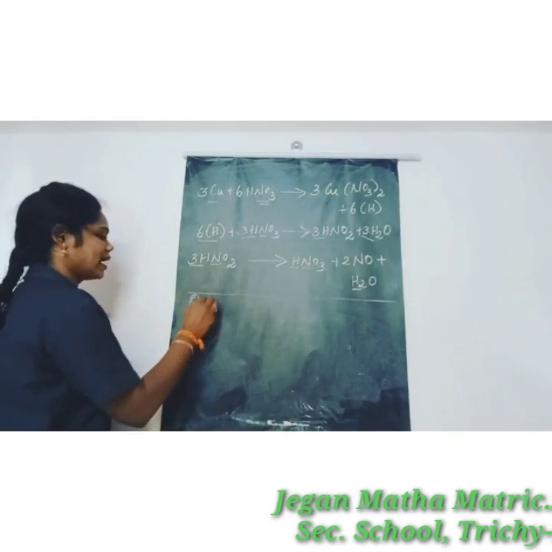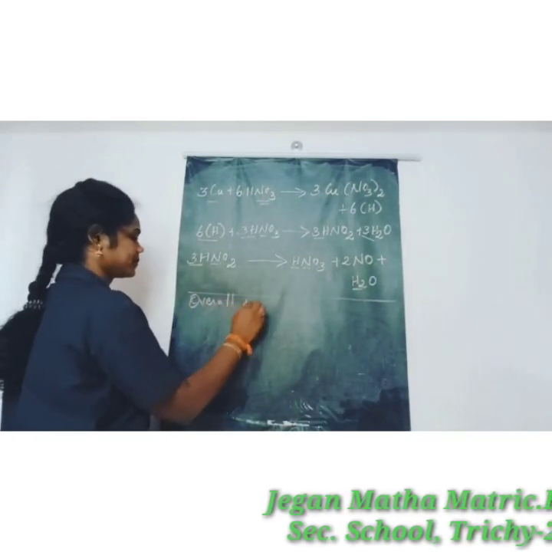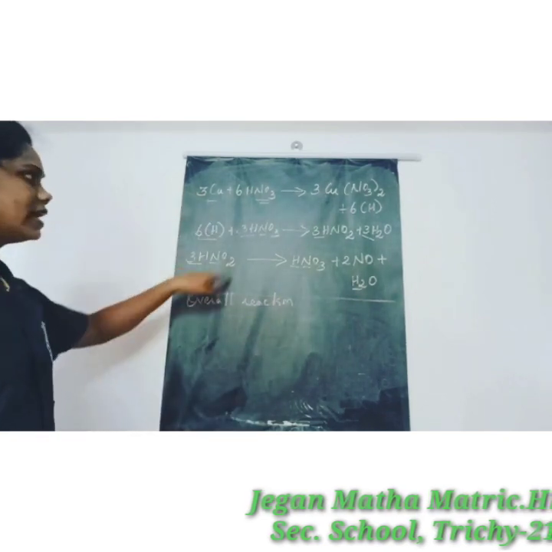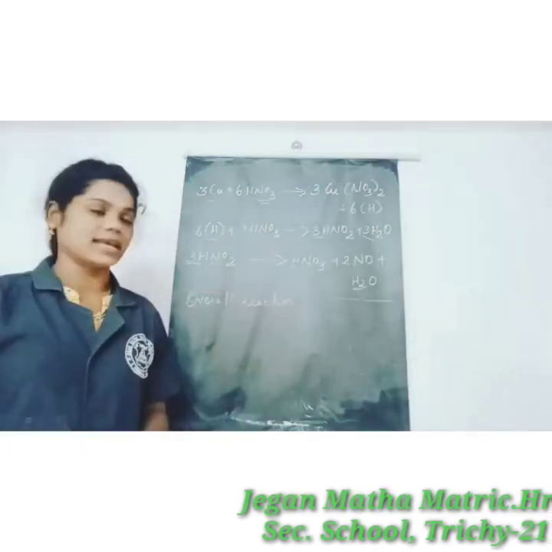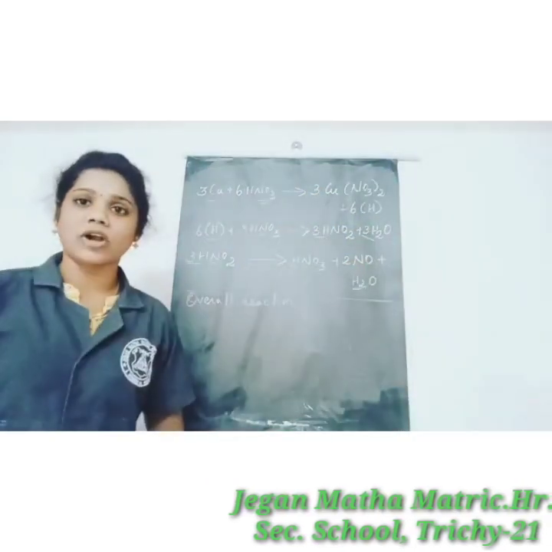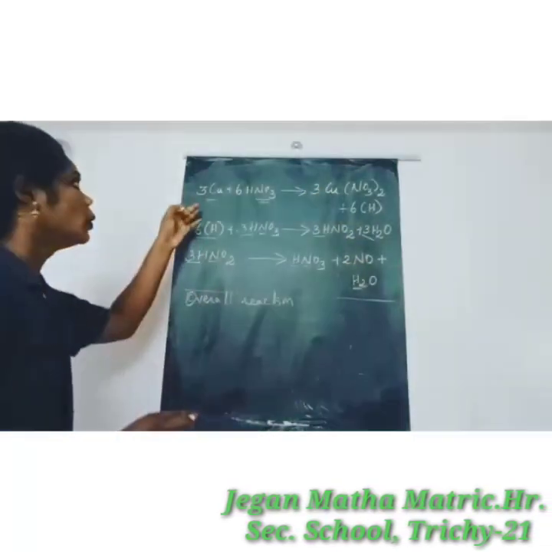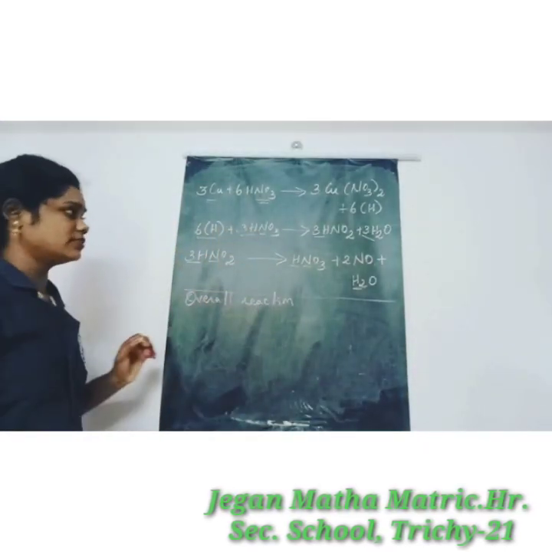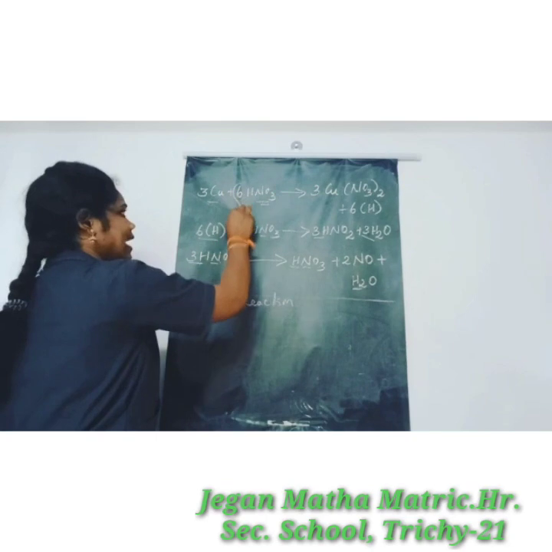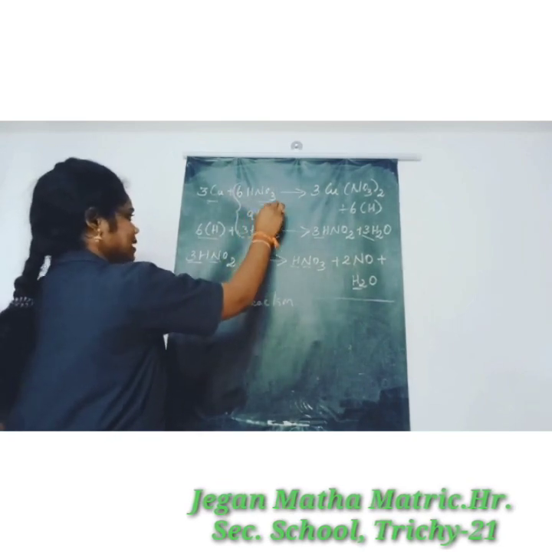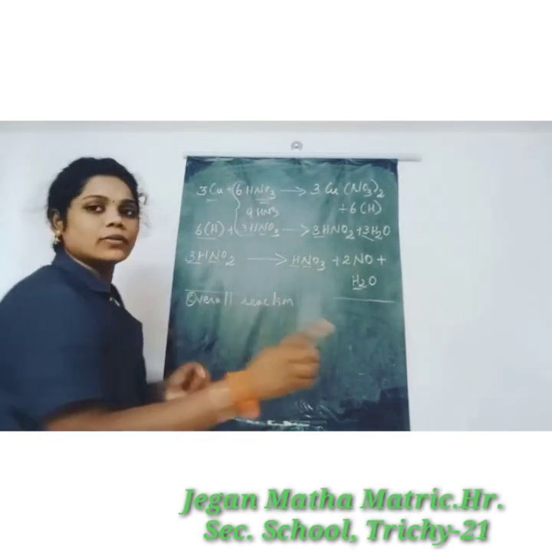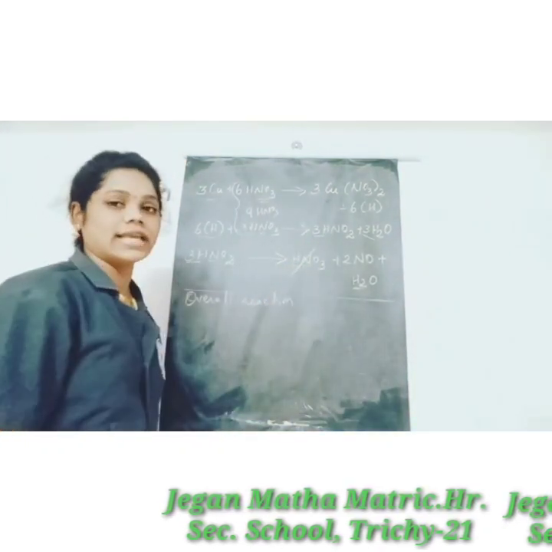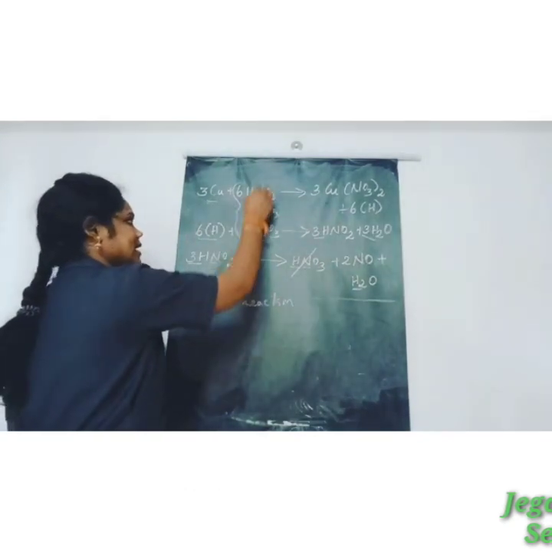So now the overall reaction. Here 3 times of copper, so no copper is present on the reactant side, and the product side also has no copper present, so no need to cancel that term. Okay, here HNO3, here also HNO3, so totally 9 times of HNO3 is present. But here totally only 1 time of HNO3 is present, so cancel this 1 time of HNO3, so the remaining HNO3 is 8 times.